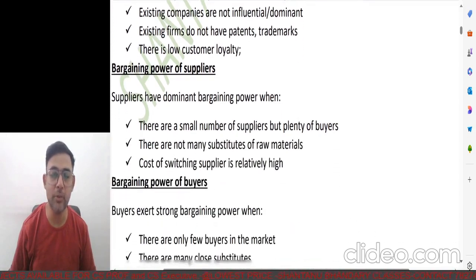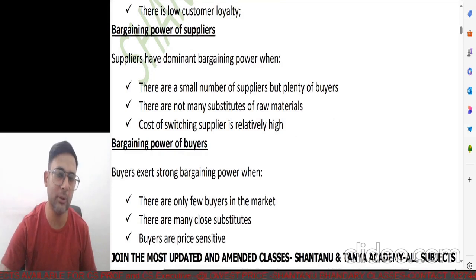If it is too competitive, then I don't really think people will try and come in there. Bargaining power of suppliers. So suppliers obviously are those who actually provide you the raw material. If there are a large number of suppliers, then probably you'll get more credit and more competitive prices, and probably you'll get good quality raw material. But if the suppliers are only a handful, like there are just a few people who could supply the kind of raw material you are looking for, then you will have to agree to the supplier's terms, because if there are many suppliers, there are chances that you may also get the raw material on credit.